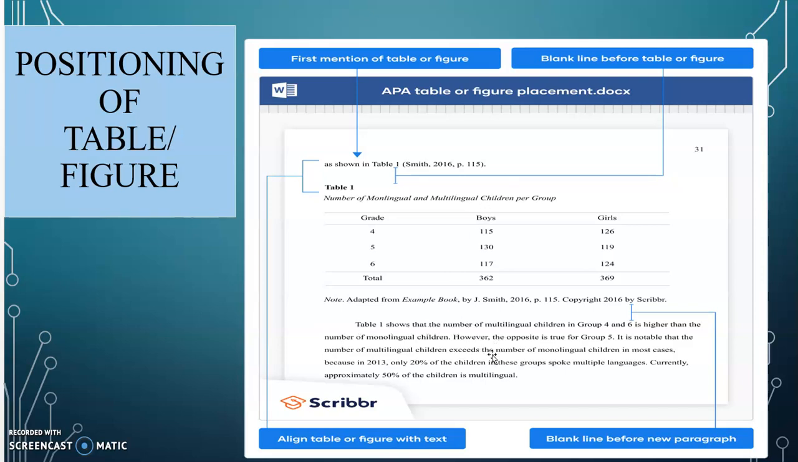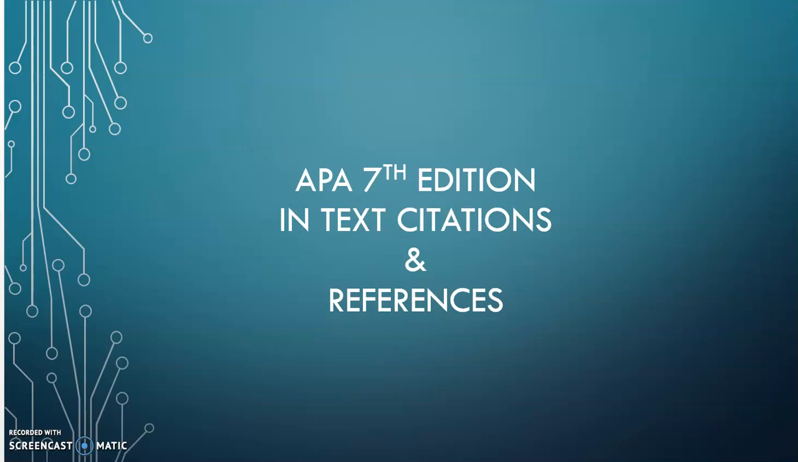So you're going to discuss what the table is all about. Now coming to the in-text citation and references, this is what you use throughout the research paper. When you're writing the introduction, when you're writing the literature review especially, you should know how to cite